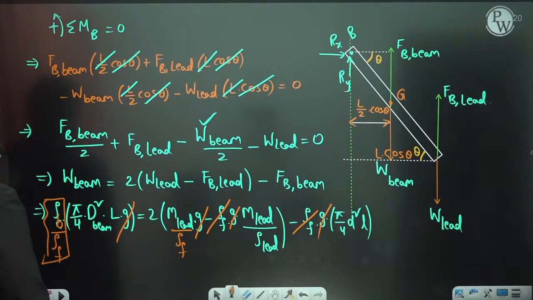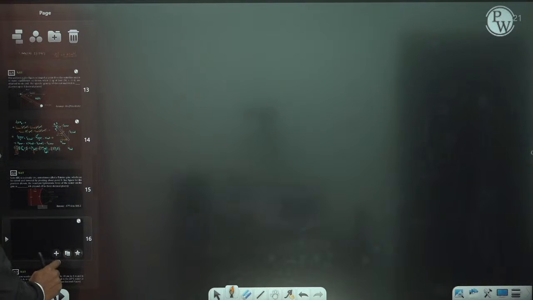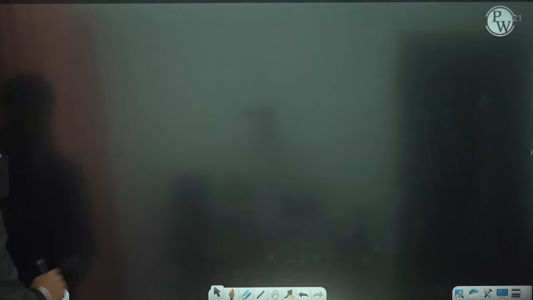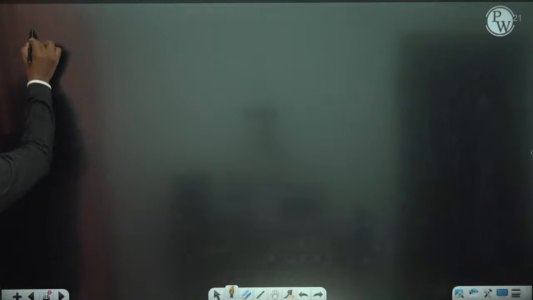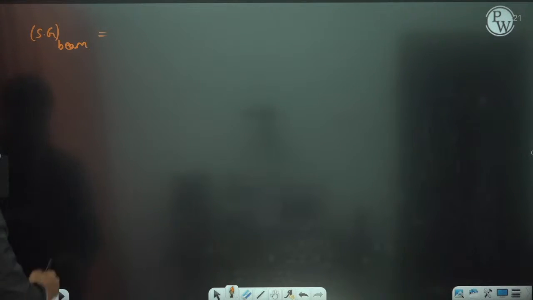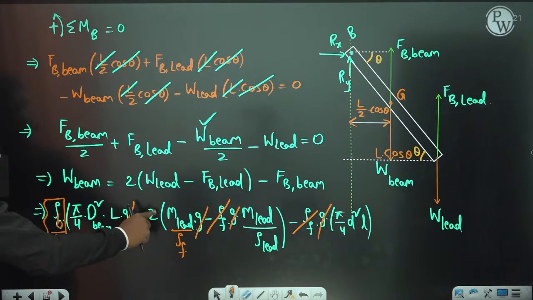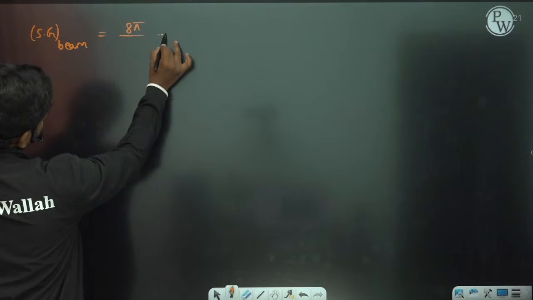So let us see the last expression for this value. Let us bring one more page. From this expression, the specific gravity of the beam is equal to 4 pi by d square L into 2, so 8 in total. 8 pi by d beam square L